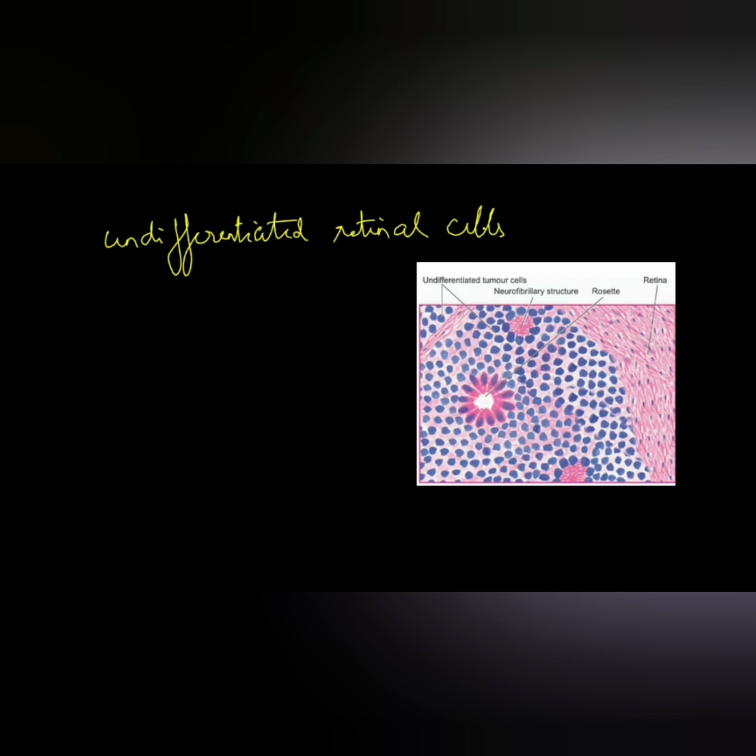Microscopically, you can see undifferentiated retinal cells. Apart from this, you have 2 important characteristic features. So one is called as your Flexner-Winter-Steiner rosettes, and the second one is called as the Homer-Wright rosettes. So what you are seeing over here